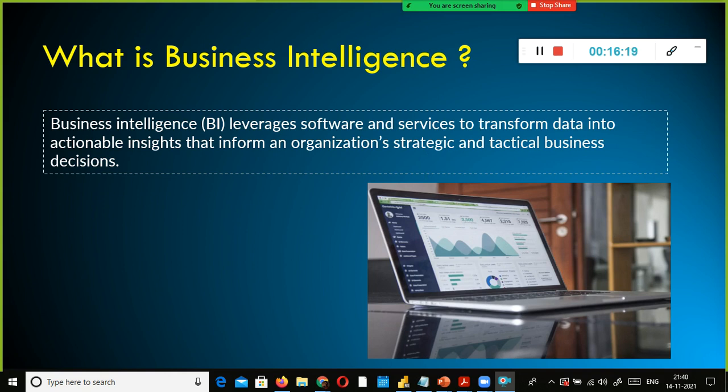So how can companies do that? With the help of business intelligence. Business intelligence is not just a tool. It is a combination of business processes, technologies and services, and using all these things, we convert the raw data into actionable insights using the dashboard and so on.